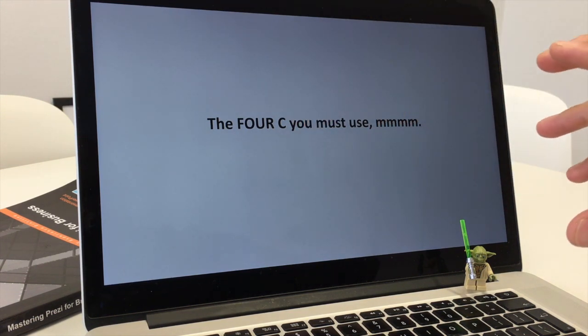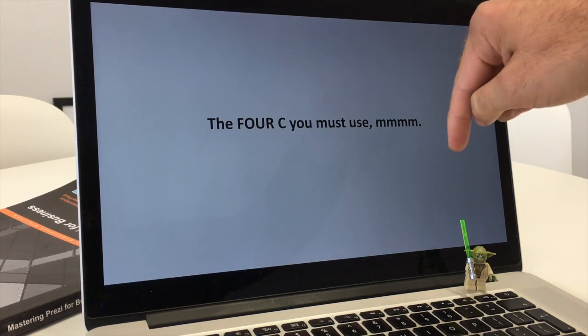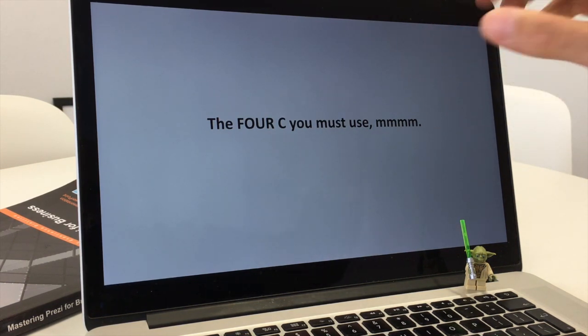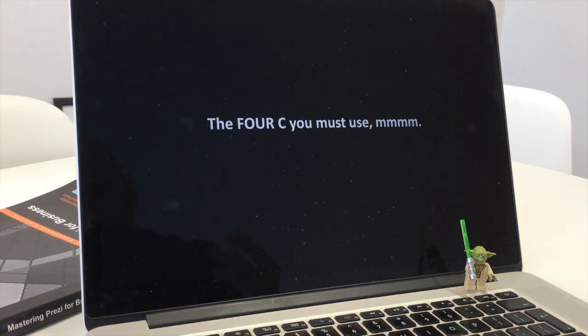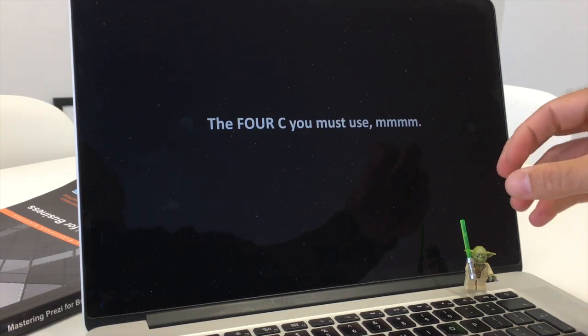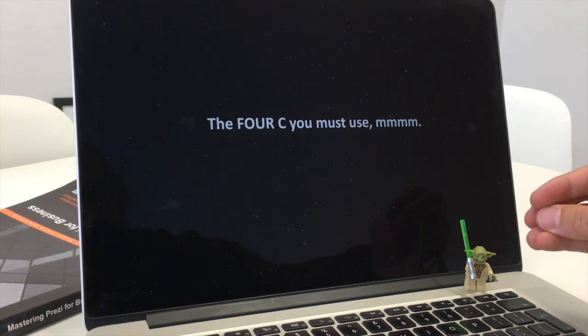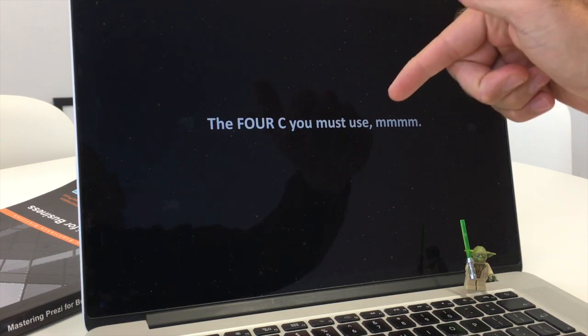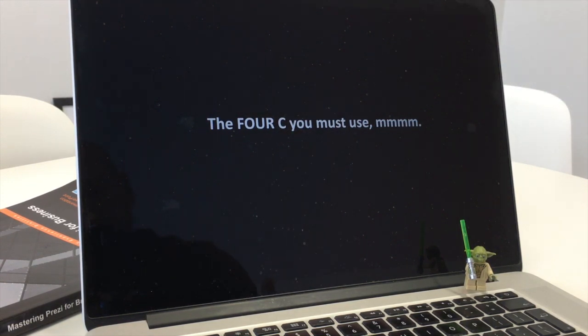Now imagine that you were in a darkened conference room and you had that huge white screen just glaring at you. You probably are going to be focusing on that a lot more than you are the presenter or any of the messages on the screen, okay? Really, really simple. Watch what happens now when we change this to a black background. Yoda now is suddenly much more in focus, and so is the key message that we want to get across.